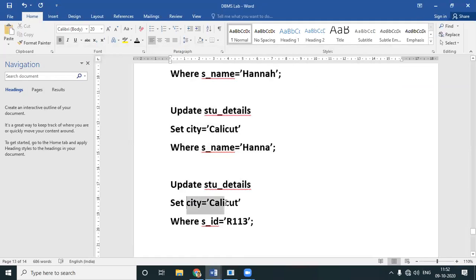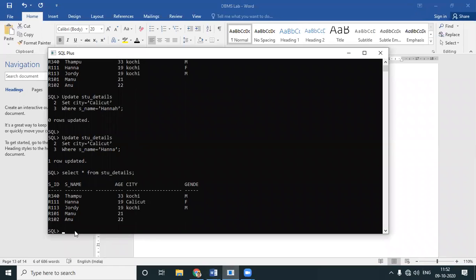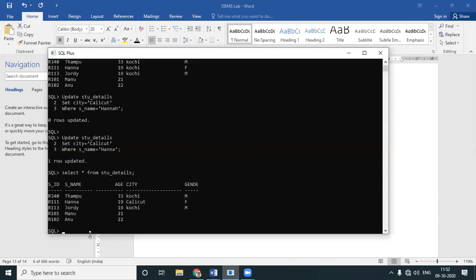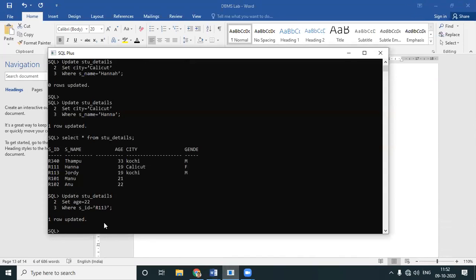Set age equal to 22. I do not give quotes over here because this is a numerical field. I'll copy this and go here. So let's see Jordi's new age.